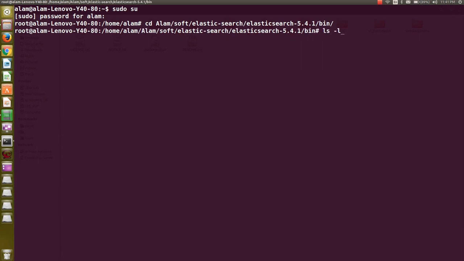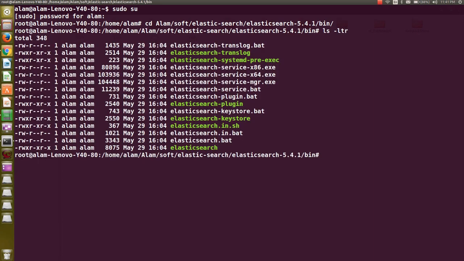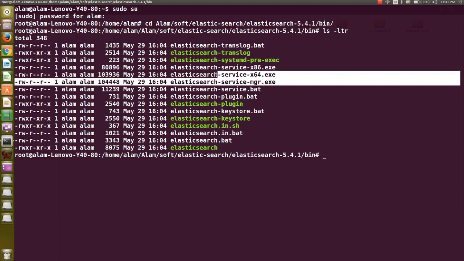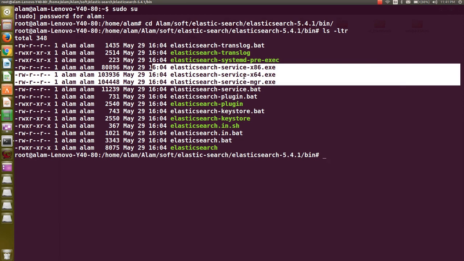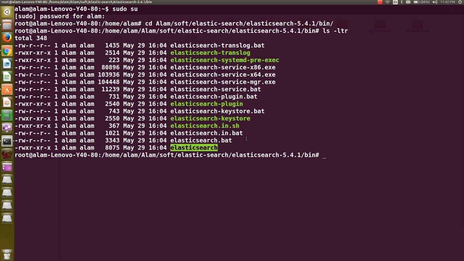So if you do an ls -ltr on top of it, you'll be able to see a lot of executable files. So for running the Windows version, you have to run this one. For example, for the 64-bit you have to run this exe, and for the 32-bit machine you have to run the x86 one. Sorry for that. And for the Linux, I will be running this one.